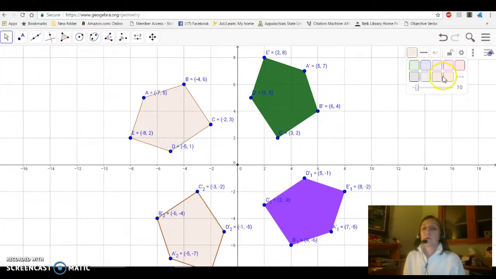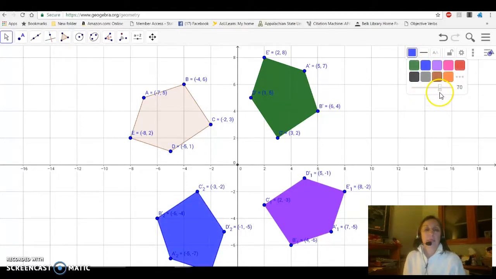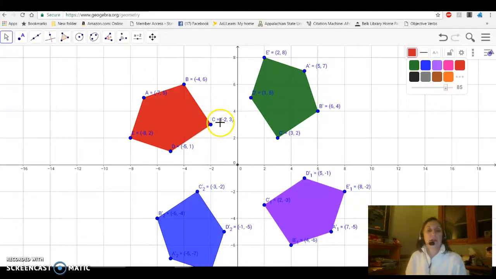What color? Blue. Let's make that one dark blue. And then finally, let's go to this one. Red. Let's go with a red. I think that's red. So there I have rotated around the origin 90,